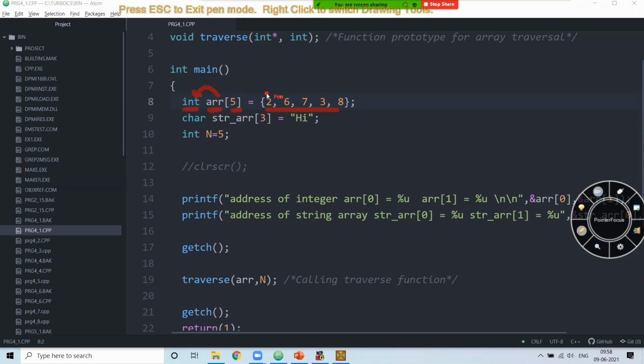If the address of this one is 6000, you can identify what the address of the next is. Now here, for simplicity, I had just taken a string array. It is just an additional thing I have done, so don't worry about this. Next, we have declared an int n equal to 5. It is just an indication that n is 5 over here, that is, I am having 5 elements in the array. It will be used for that purpose.